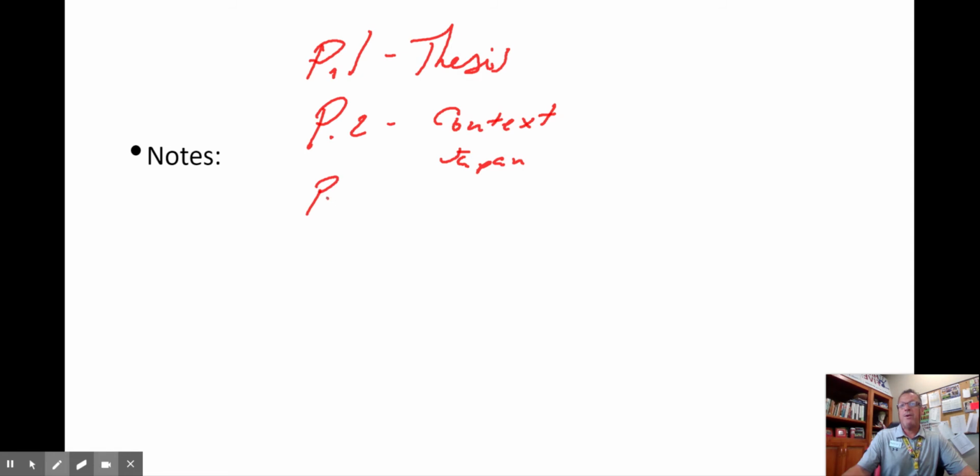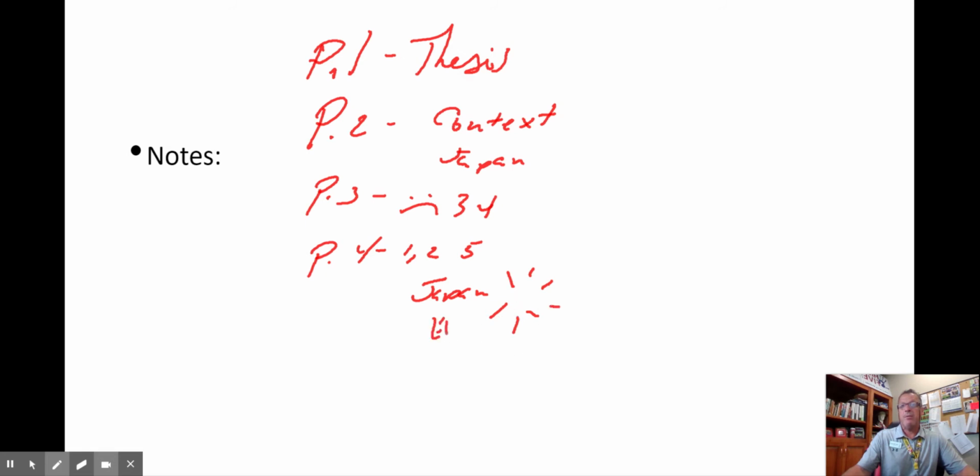Then paragraph 3, because only 2 documents are negative against it, will be the first one I lead into as a lesser than, and the greater than would be those really for it: the 2 Ottoman docs, so this is 3 and 4, and this would be 1, 2, and 5. And then here's where I talk about Japan and exponentially expand upon it. That's my evidence beyond the doc point.